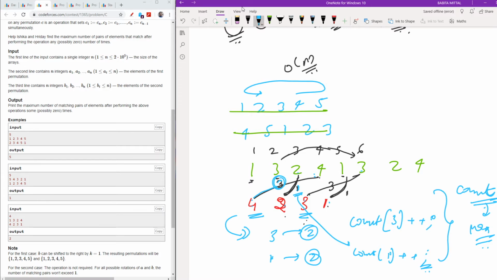The 3 here represents the number of shifts, and its value represents how many numbers we can match after doing that number of shifts. I hope you guys have understood it. First of all, I will need to make a cyclic array, as I showed you, by repeating the elements.